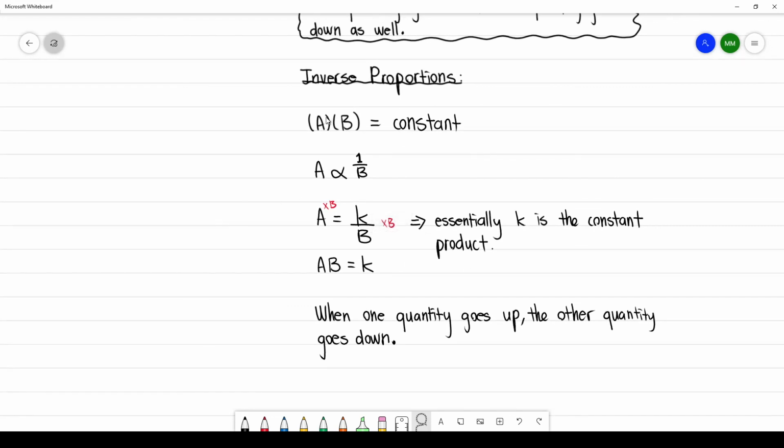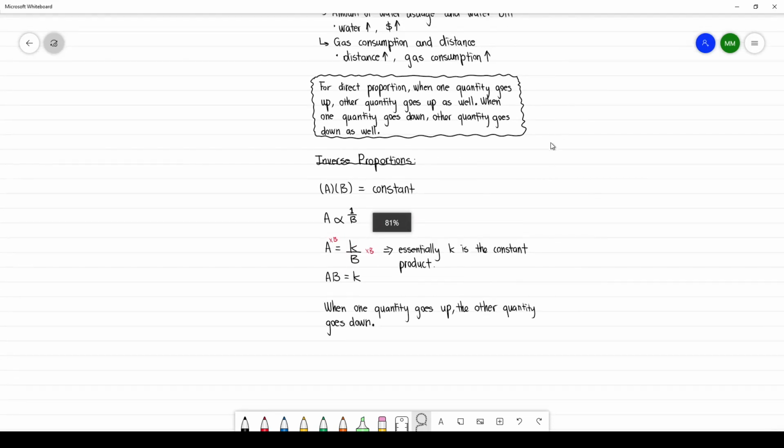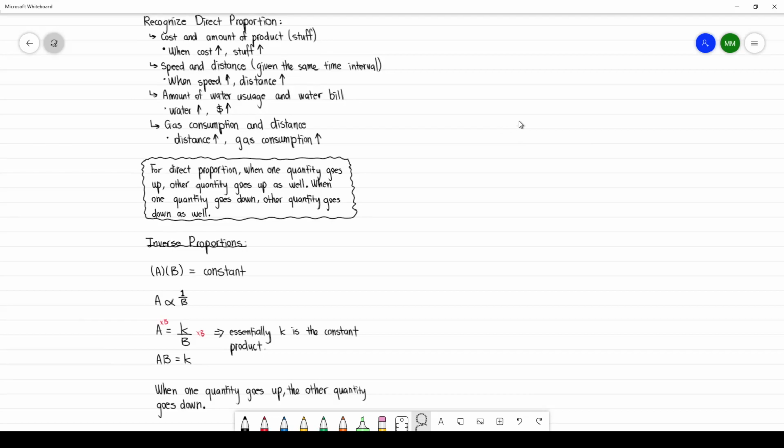Now for inverse proportion, I will only talk about this right now because for the last 15 minutes I want to talk about something else. So for the review portion of today, I think this